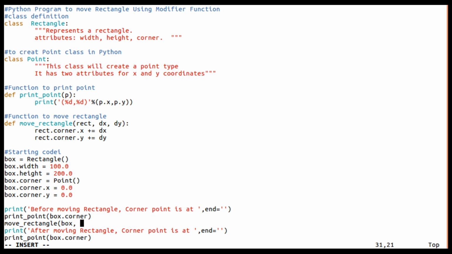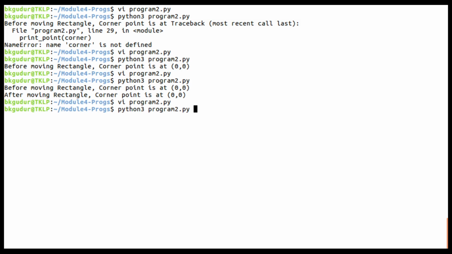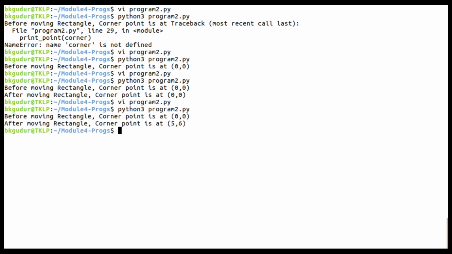So I'll write dx is equal to 5 and dy is equal to, say for example, 6. Now let us see. Look at this. The corner point, instead of 0 0, it is at 5, 6, right? So this is the move rectangle function.